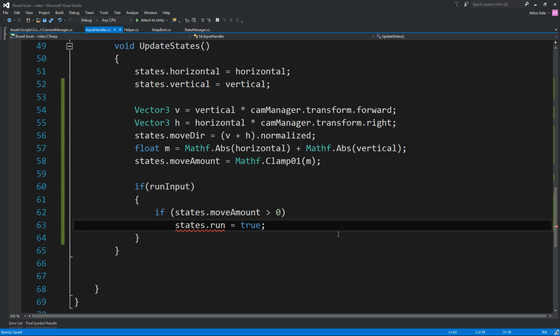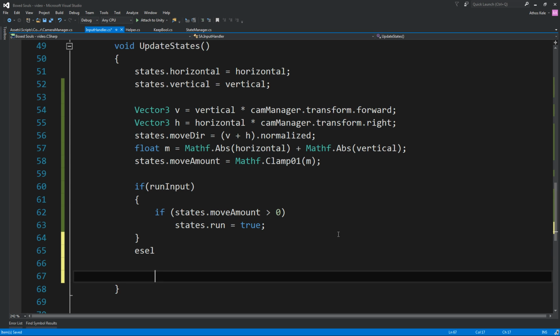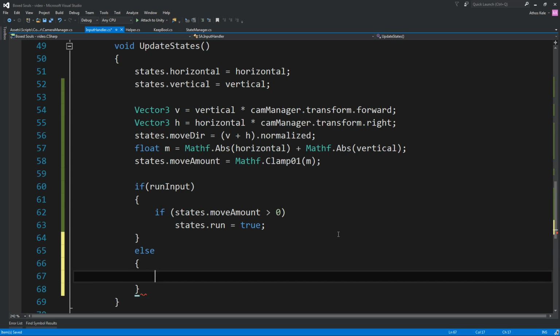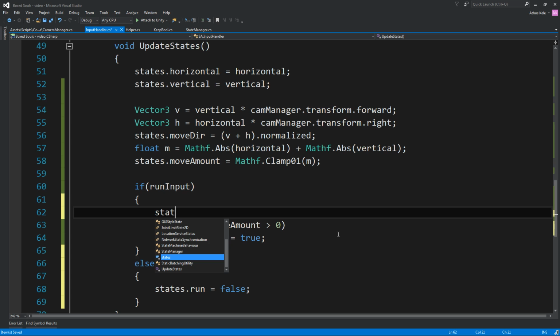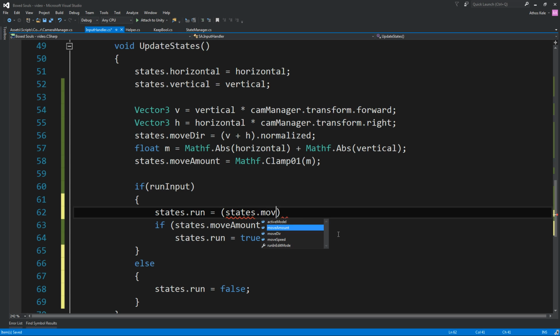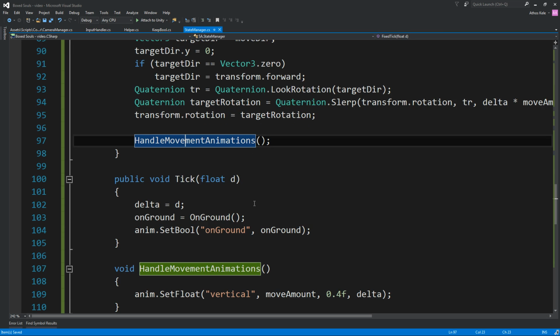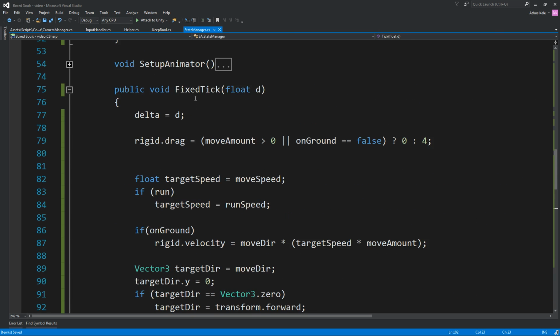True. Else, states.run will be false. And maybe over here set it up like states.run should be states.moveAmount greater than 0, and delete this one. Okay, very simple. So on our state manager, on our fixed update,